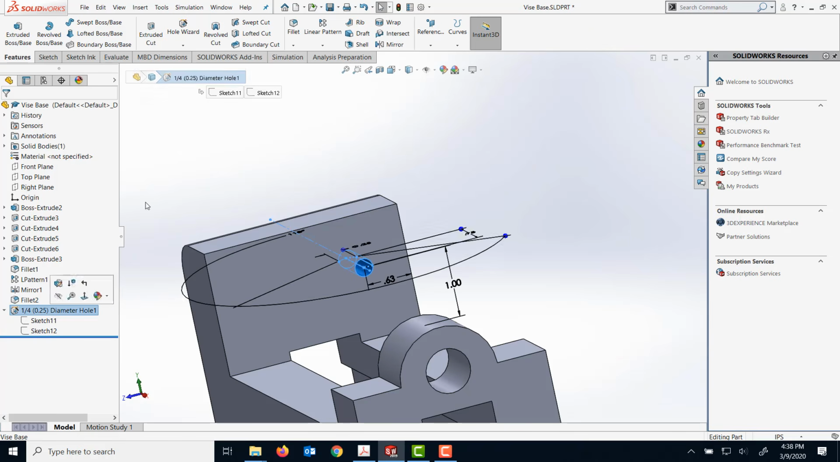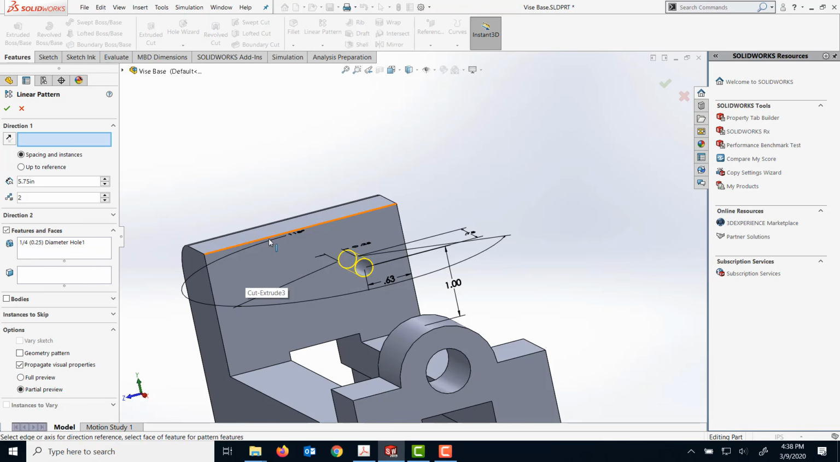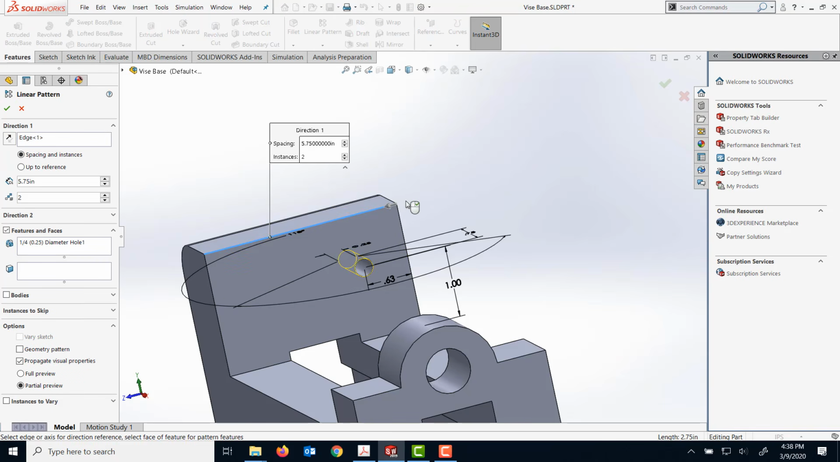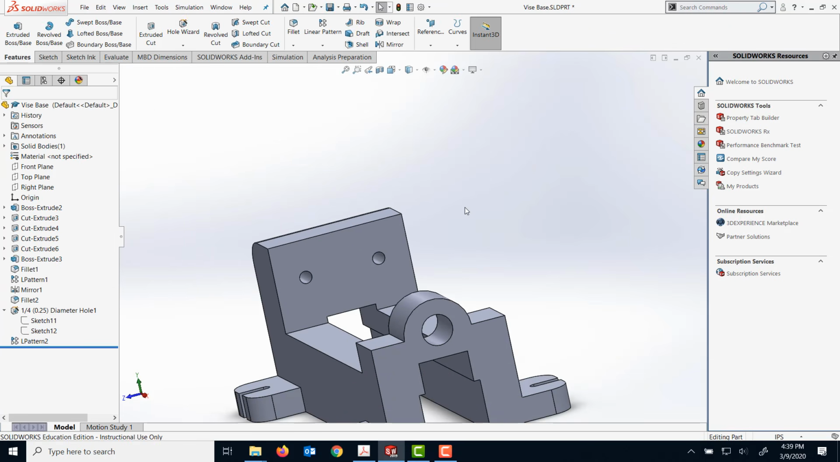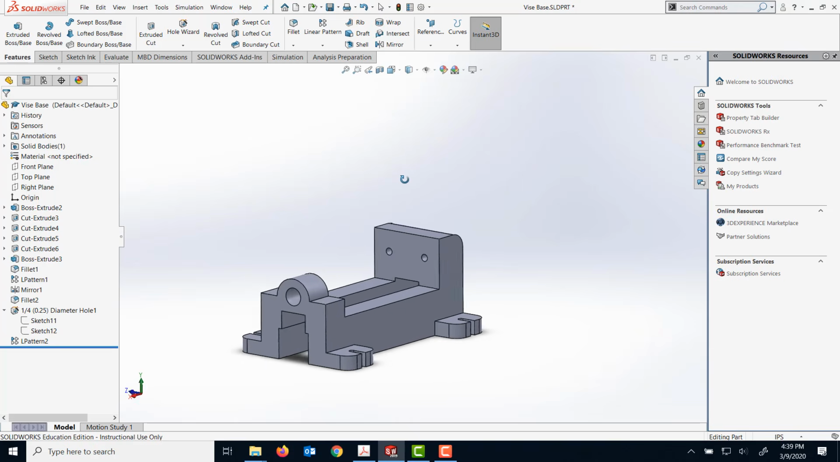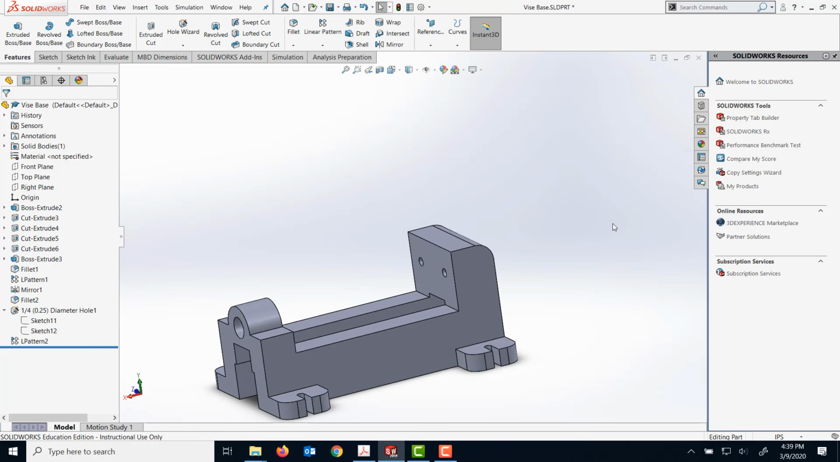So now I'm going to use the linear pattern to copy this hole along this edge, and I'm going to change the direction this way, and specify two instances. In here, the dimension in the manual that I have specified is 1.5 inch. So it shows up there, and I'm going to click OK. So basically this is where it is. This more or less completes your part,